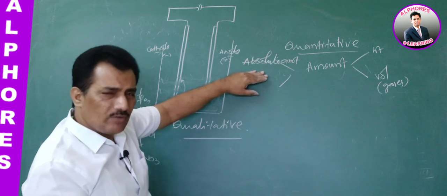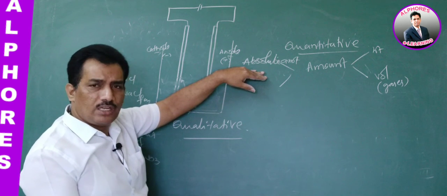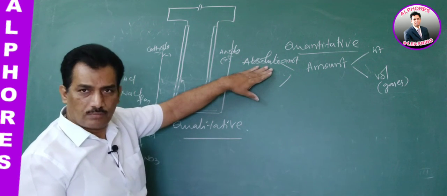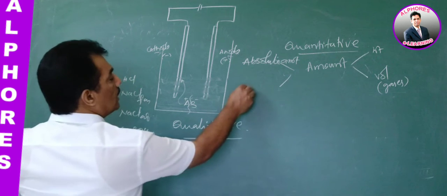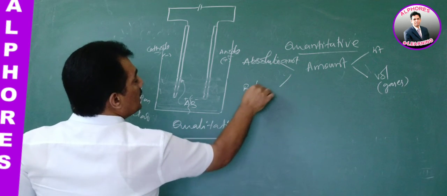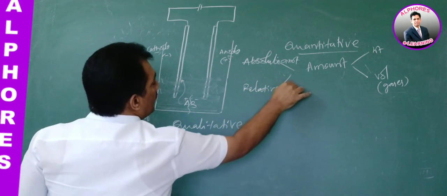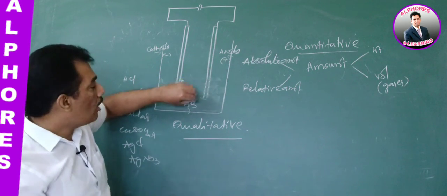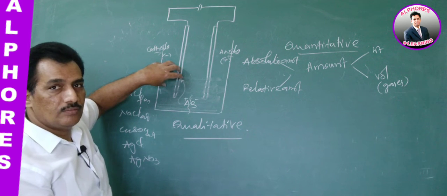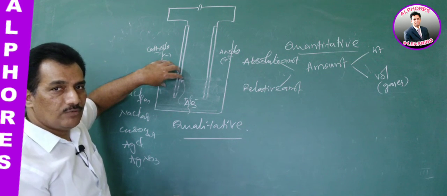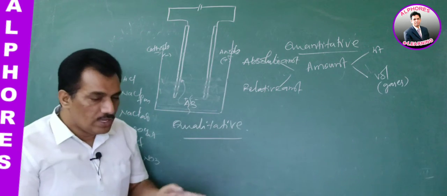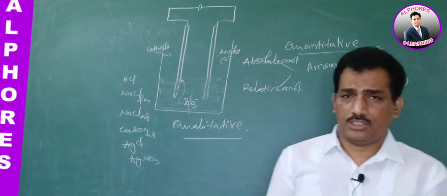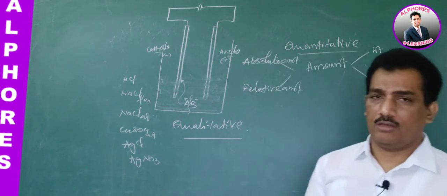It is similar to, for your understanding, when you are appearing for any competitive examination, how many marks you are getting is absolute. And the second one is relative amount. Relative amount is when this B is deposited here, at the same time how much of A is deposited. Are you observing the difference? In the previous case we are considering only how much B is deposited. We are not giving any relativity.